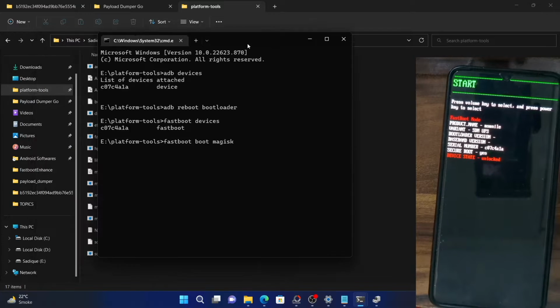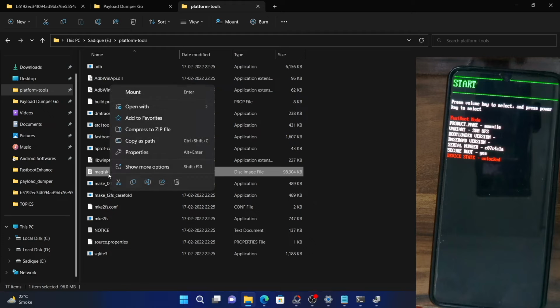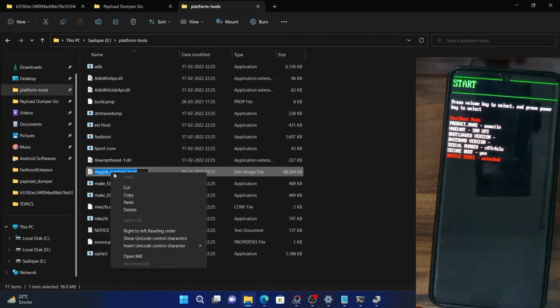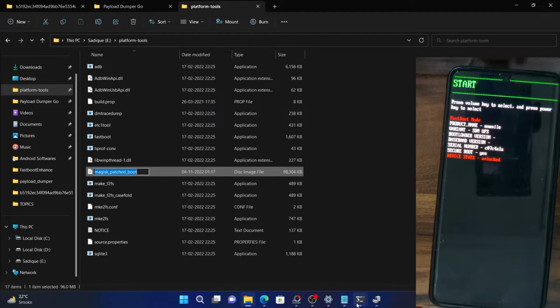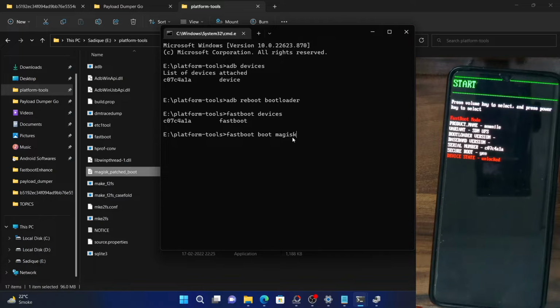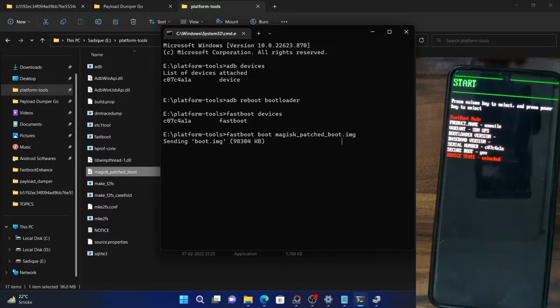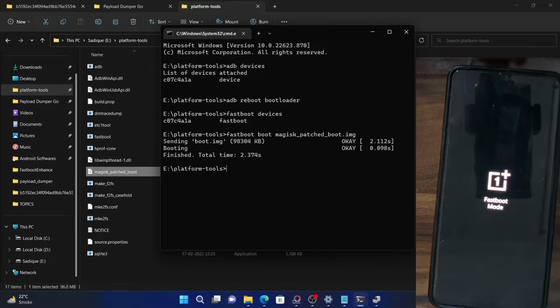Just a minute. Let's rename. Copy this file name. Fastboot boot. As you could see, I am using the boot command and not the flash command. So this will just boot the Magisk patch file for the first time usage. And if I hit enter, my device will now boot with the Magisk patch boot file, but it's just for